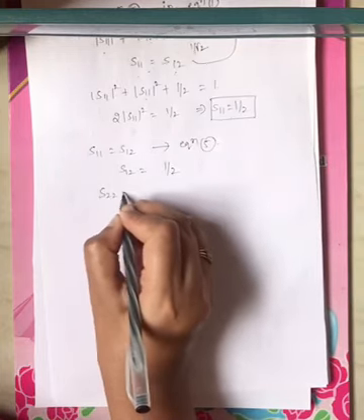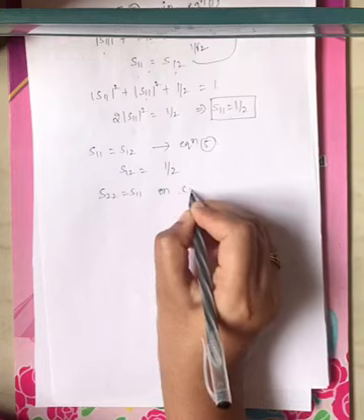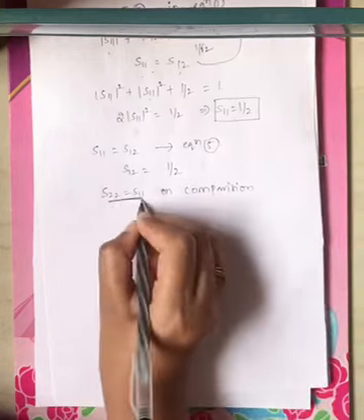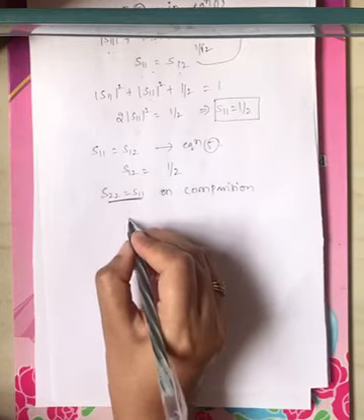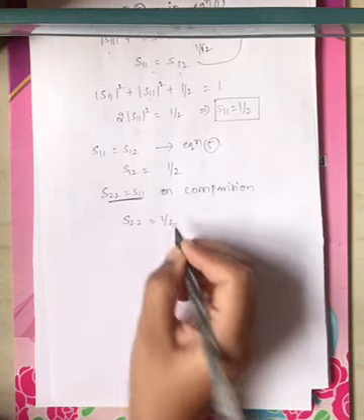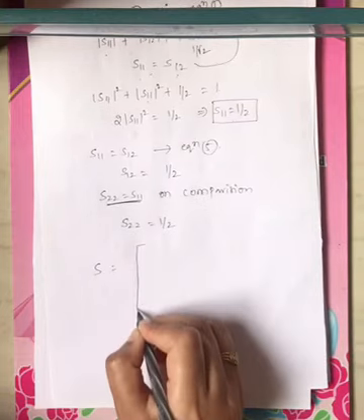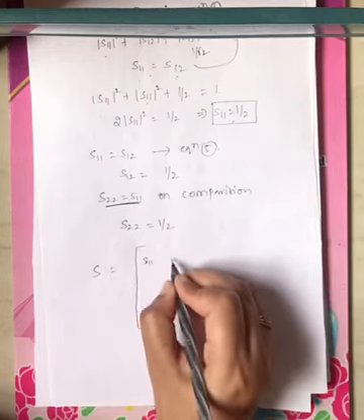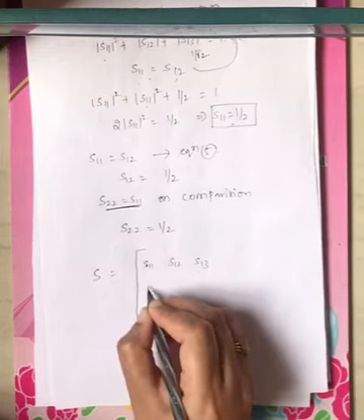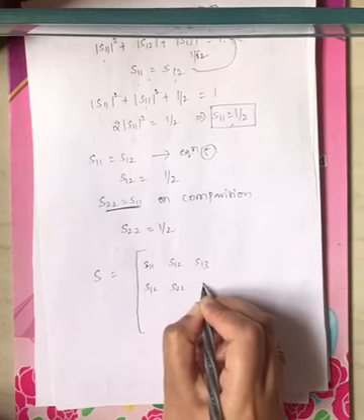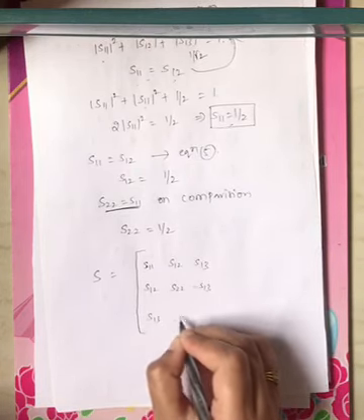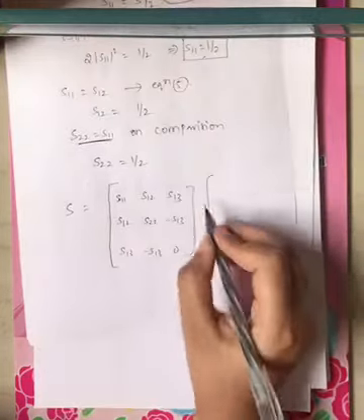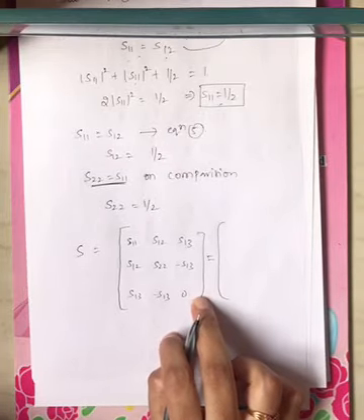Now on comparison of equation 1 with 2, you get S22 equals S11. What is the S22 value? Half, right? Now if I substitute all the scattering parameters, I am writing the final matrix. What do you have first? S11, S12, S13; S12, S22, minus S13; S13, minus S13, 0. This is the matrix after substitution of all the properties. Now I am writing the matrix after finding all S parameters.